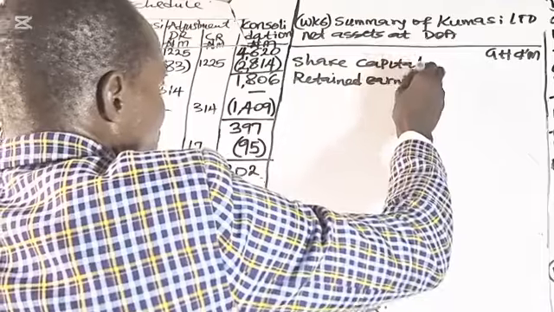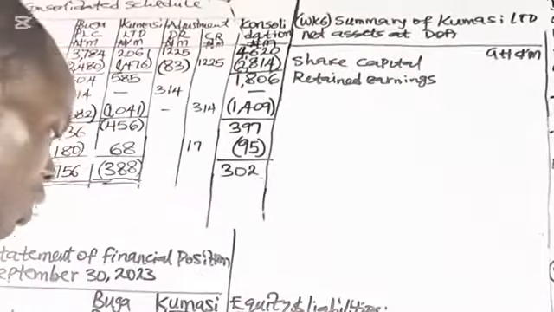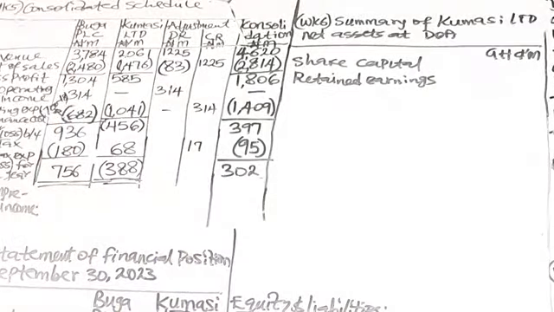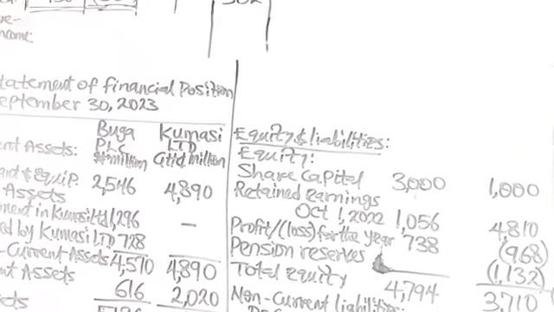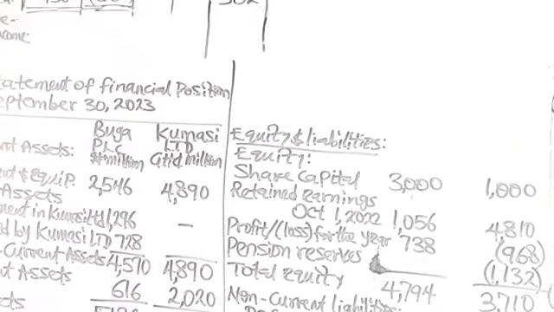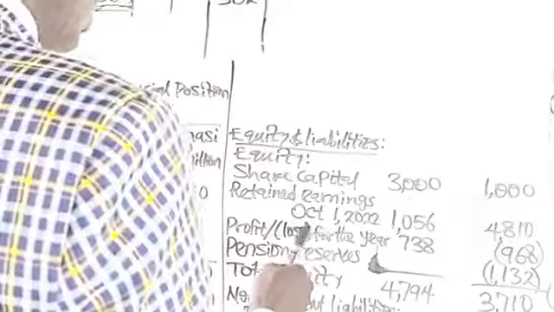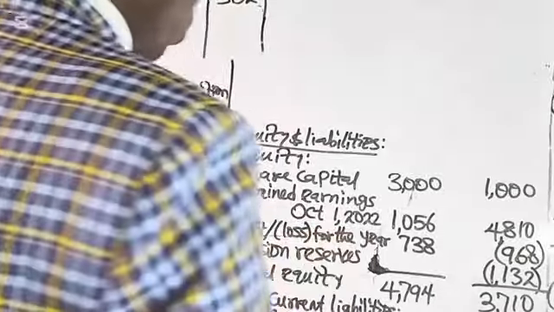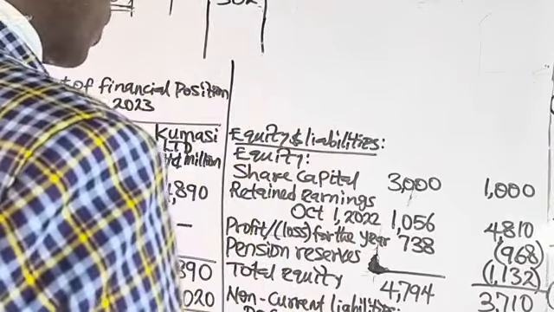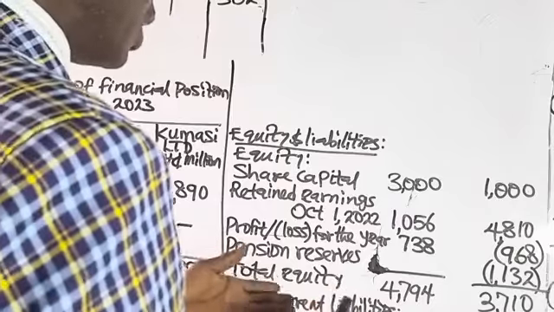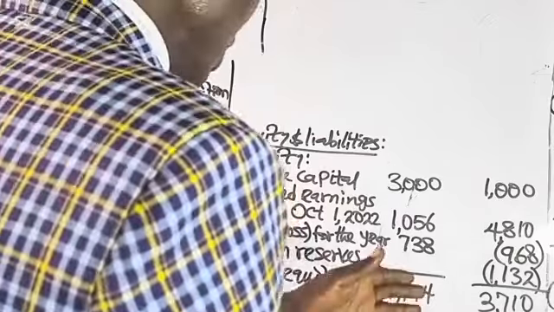Now, to go through the statement of financial position, you have the net asset of subsidiary, which comprises the share capital of 1,000, retained earnings on October 1st, 2022. If you go back to the beginning of the question, where you have the stake acquired by Buga in